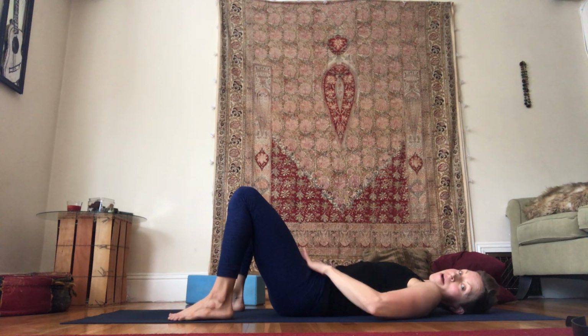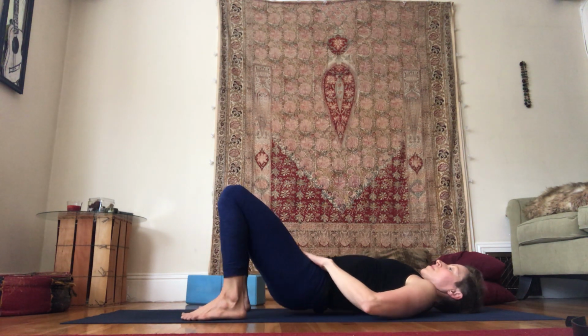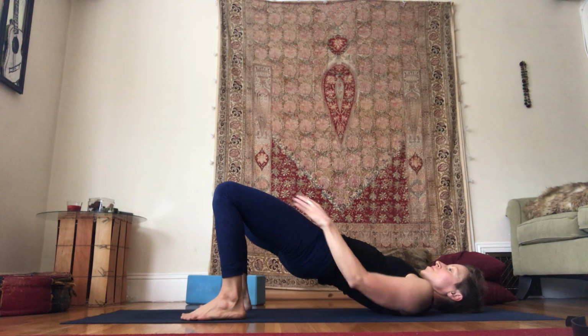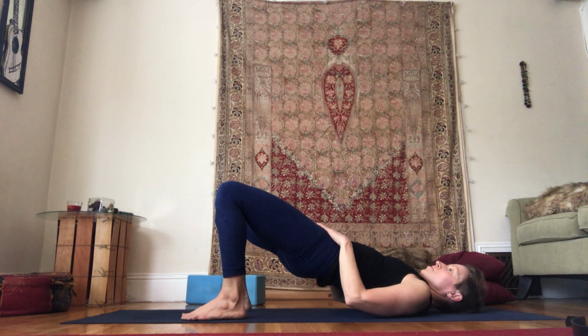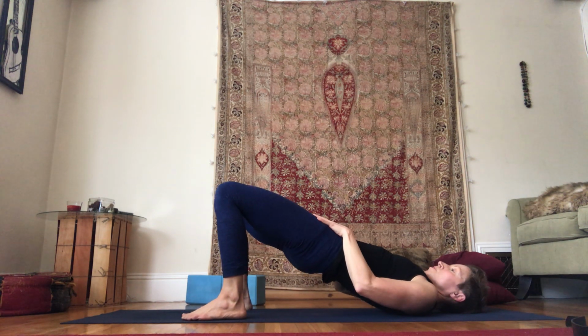Feet can be a little wide. Bring your hands to the front of your hip joints. Come into a very low bridge. Push into your feet. Lift the pelvis. This is just to reintegrate the back of the legs, the muscles of the glutes, the hamstrings. Lengthen your tailbone, and then push your glutes up into your hands for 3,